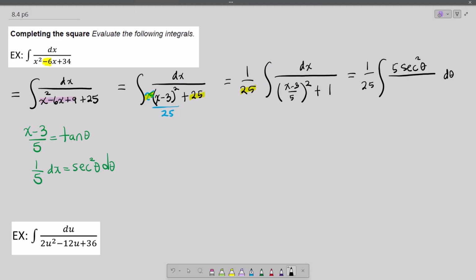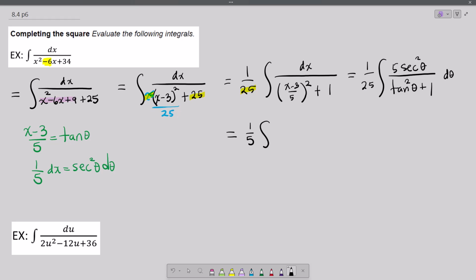Down below, (x minus 3)/5 becomes tangent, so our denominator becomes tan squared of theta plus 1. With a little bit of simplification, we end up with 1/5 integral